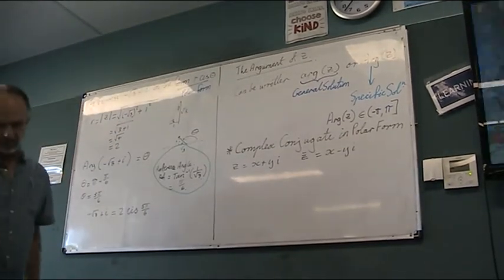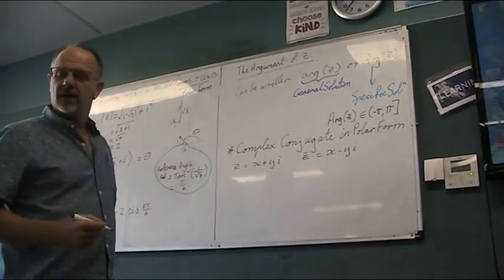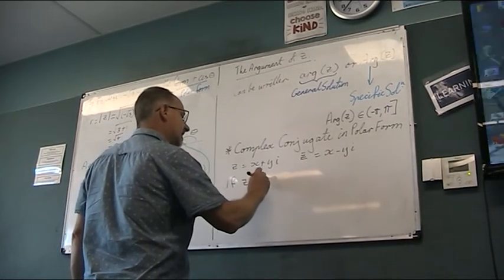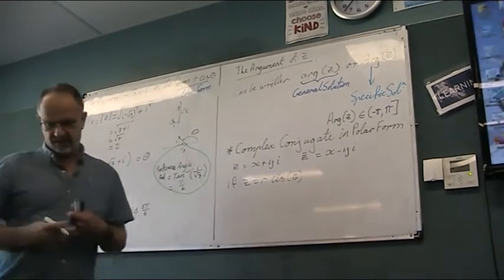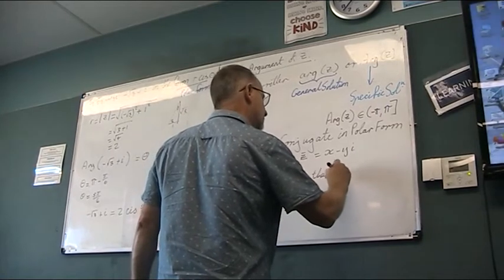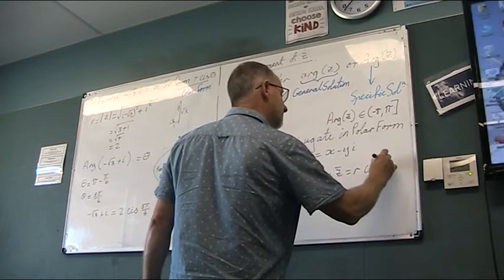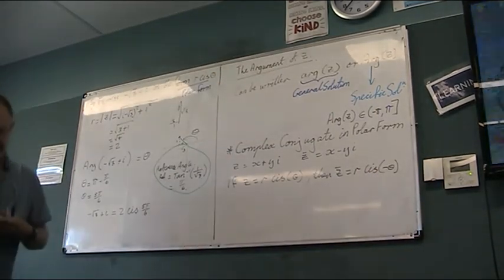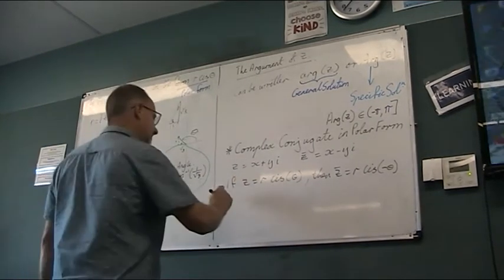Now, when we relate that to polar form, if z is r cis theta, then the conjugate is r cis negative theta. And if you really want to know the proof to that,